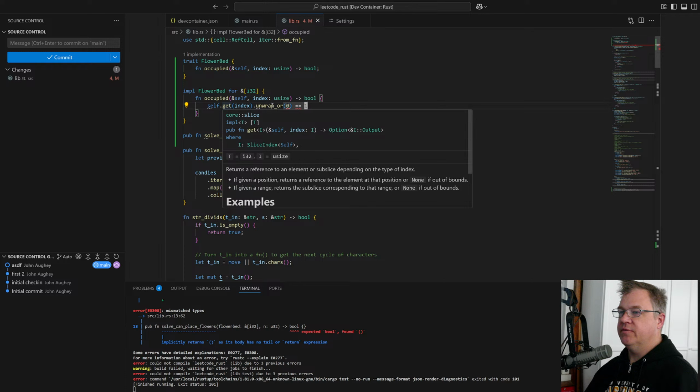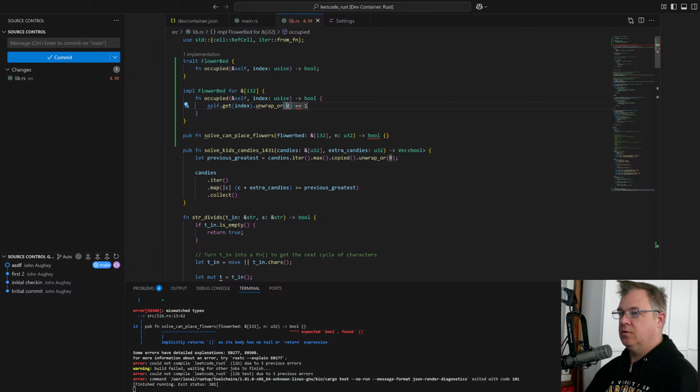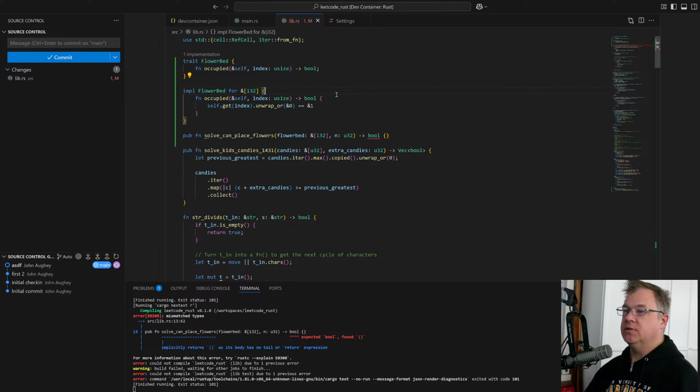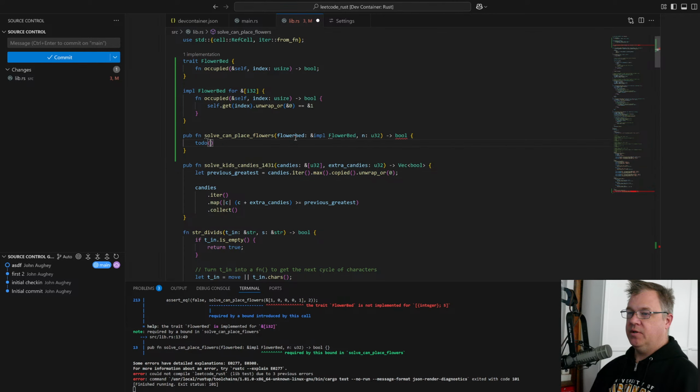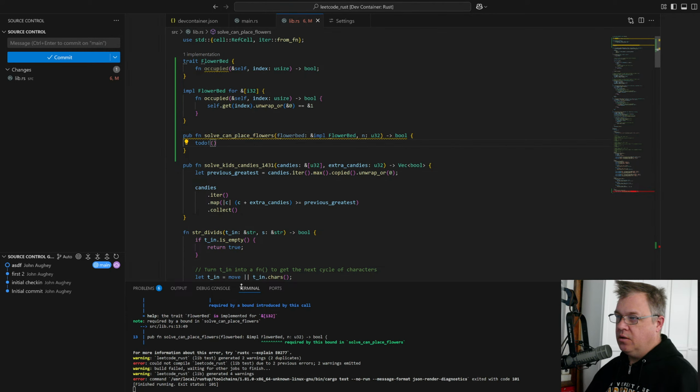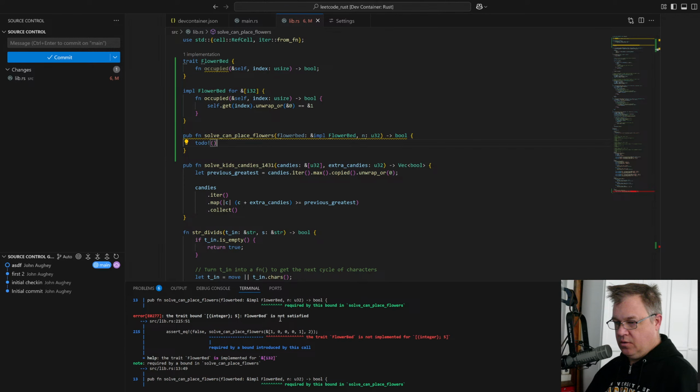Oh, this is going to give us an optional of a reference. So this is like how we implement flower bed for that. So this is going to be a slice of, actually this is going to be an impl of flower bed. It could be a reference to an impl of flower bed. Todo, bang. Okay. Flower bed is not implemented for integer.